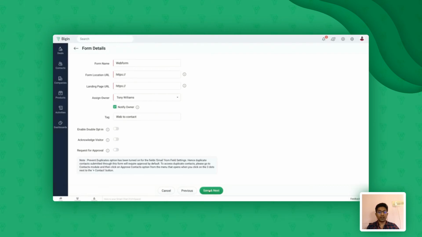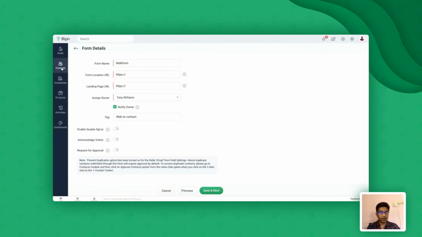Right. So once you hit save next over here, you will see a source code over there. All you need to do is just copy that code and embed it on your website. Once that is done, your form will be up and running, and all the information that's been entered in the form will actually be transferred to the contacts module in Begin.